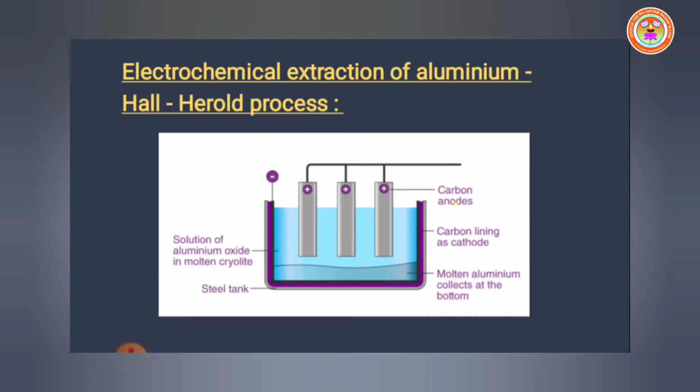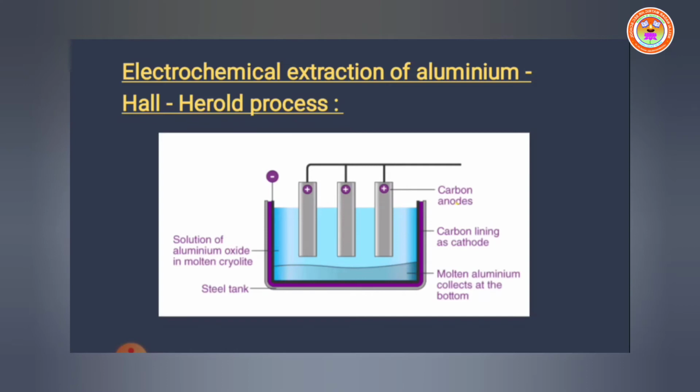A 20% solution of alumina obtained from bauxite ore. The pure alumina obtained by purification of bauxite ore by leaching is used. Understand children? In the Hall-Héroult process, aluminium is extracted from the pure alumina obtained by the purification of bauxite ore